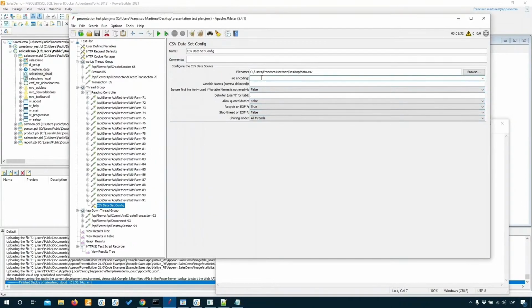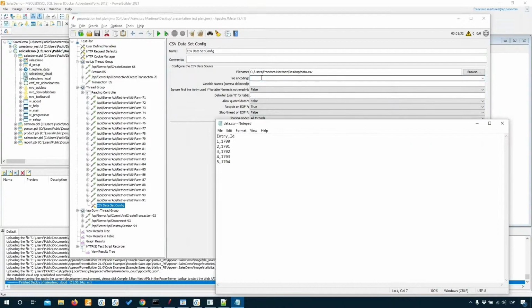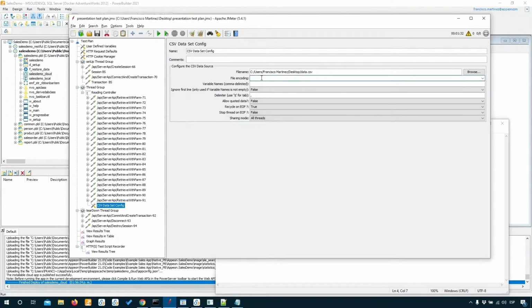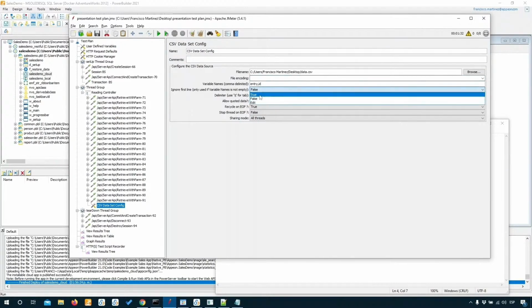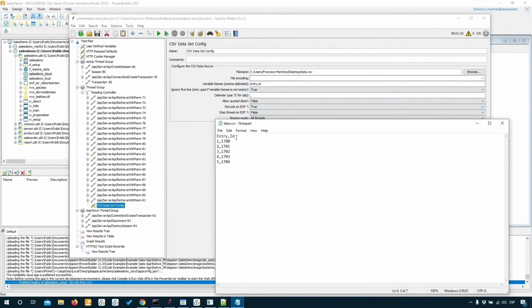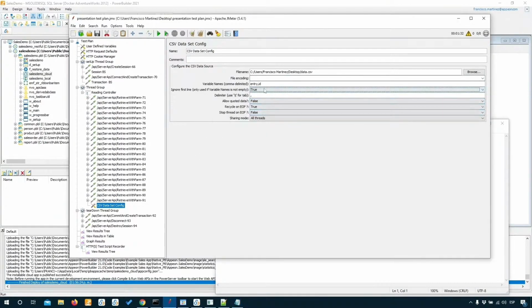The way you do that is you take the column names and you map them to variables that you can name whatever you want. So in this case, I'm gonna name them entry and ID. I'm gonna set true to ignore first line because this is where we have our column names for the CSV. And sharing mode, all threads